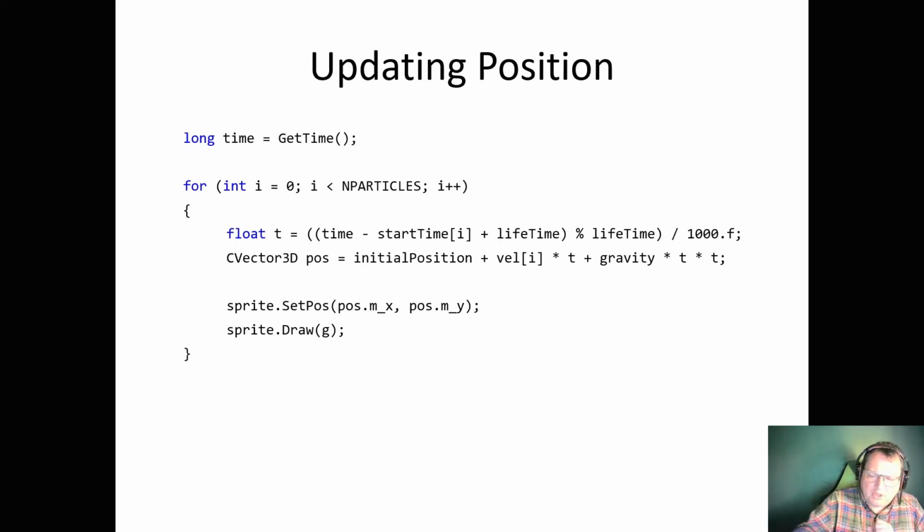In this iteration, we calculate the current position for the current time for each of the 3000 particles, so we basically generate 3000 different positions, and then we reuse the same sprite to set its position on the screen and draw it. Okay, so the same sprite will be drawn 3000 times in each frame in 3000 different positions,